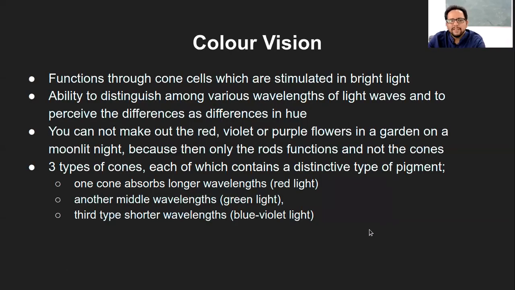Now, there is something called color vision that you have already seen, but a specific fact that we have not seen is the types of cone cells. Again, I don't want to go much into details of this because I'm not sure if this part is within the syllabus or not. But I just thought this will be important to know that there are different types of cone cells. So usually there are three different types of cone cells that we know of.